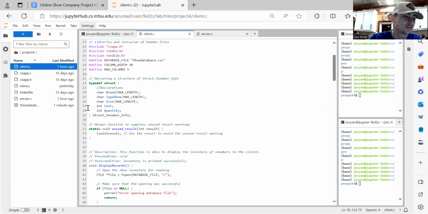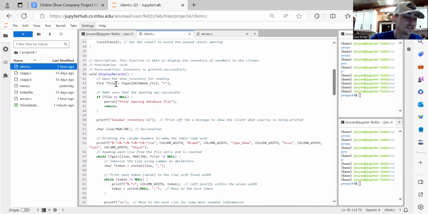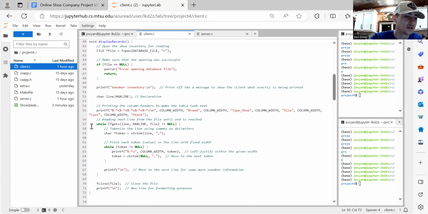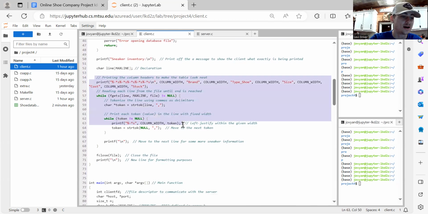So the client, nothing crazy happens over here. I did declare a struct here for the sneaker information, and then had a function here for displaying records. This displays that table format of the inventory of sneakers that we do have. So we're reading in the file, and then we are printing out, hey, this is your sneaker inventory. And then this is kind of how I formatted it to print in a neat and nice order